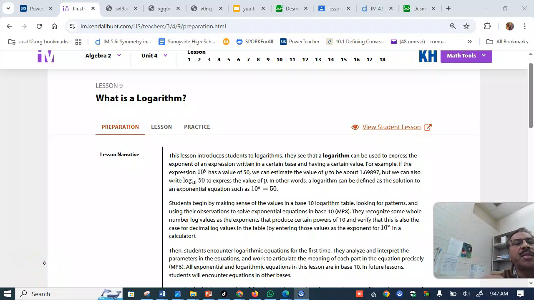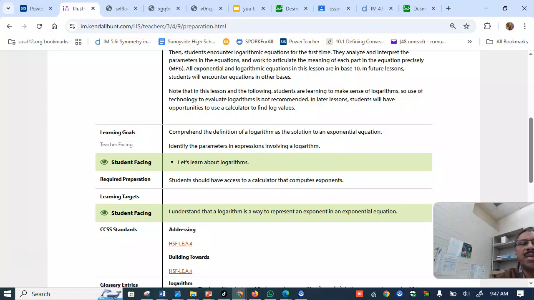Okay, hello students. This is Algebra 2 Unit 4, Lesson number 9, and the topic of the lesson is: what is a logarithm? The goal of this lesson